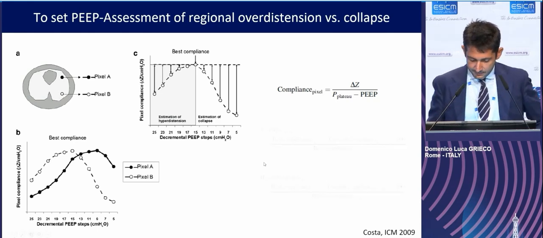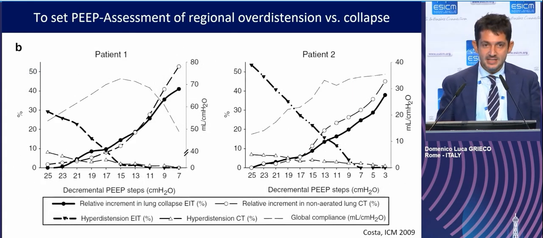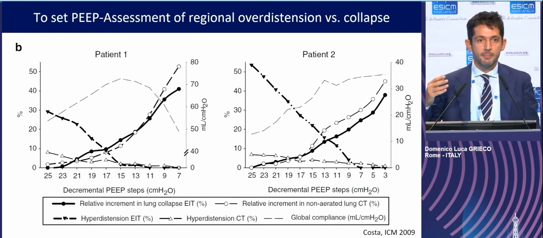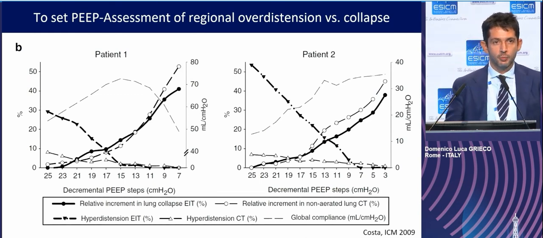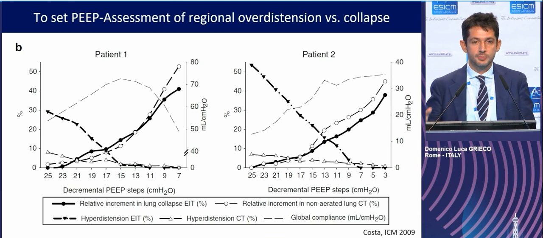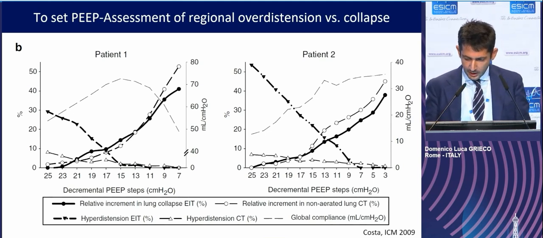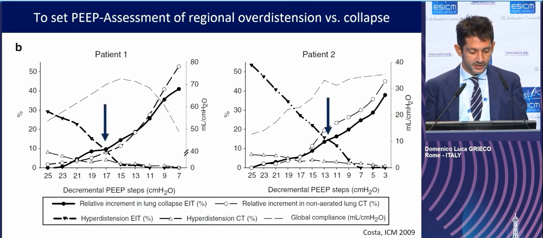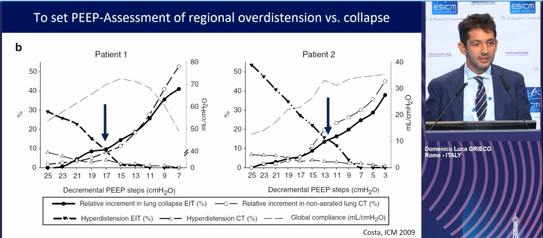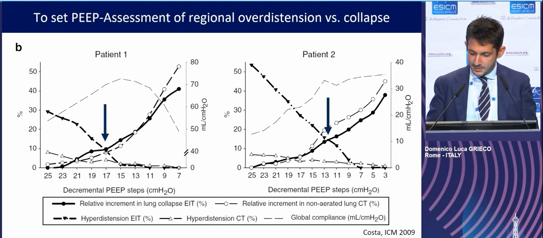So, making a long story short, essentially it is possible to make an average of what happens in the entire lung in terms of collapse and overdistension, and then assess which is the best balance between collapse and overdistension for the lungs in terms of pixel-per-pixel